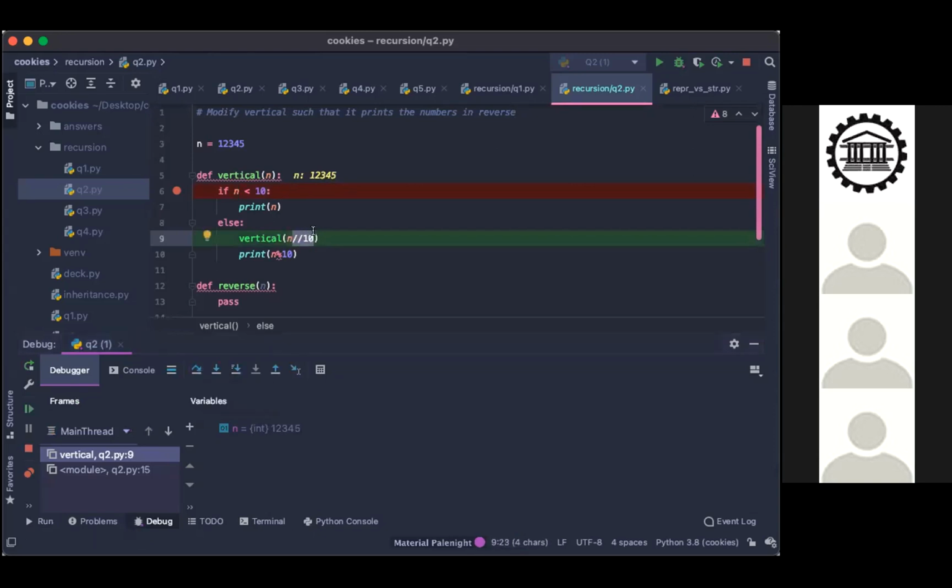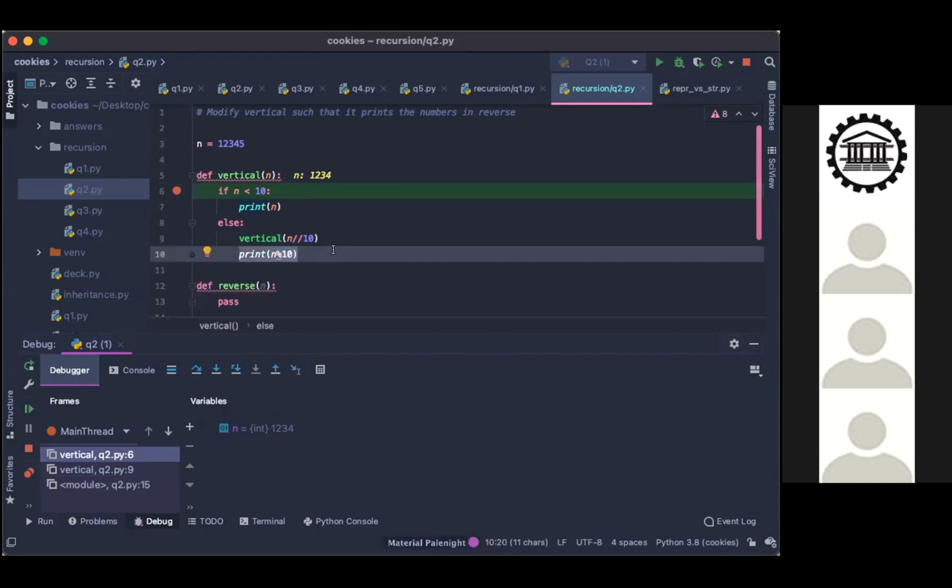What is this doing? It's calling the function again, but this time it has a new argument, in this case 1234. And then after this, it prints n modulo 10. Okay, let's see. Why didn't it go there?